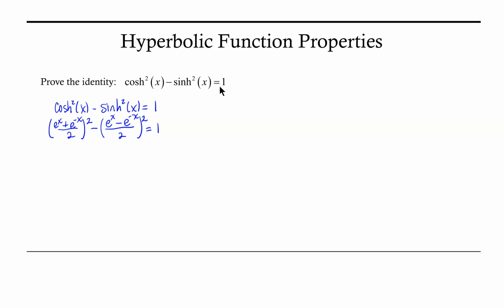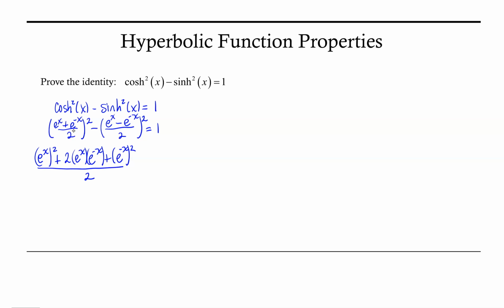So starting with e to the x plus e to the negative x, if I square that, I get e to the x squared plus 2 e to the x times e to the negative x plus e to the negative x squared